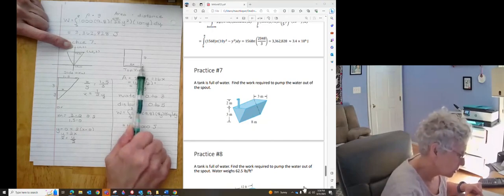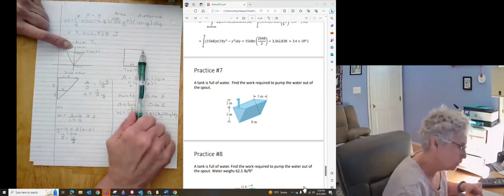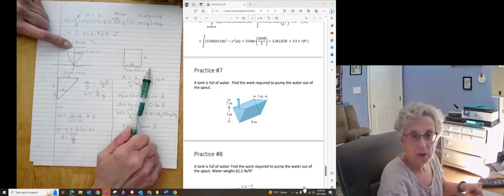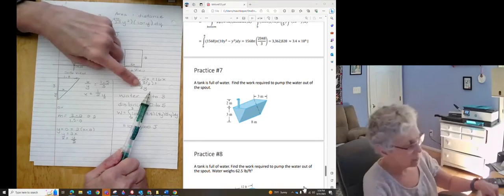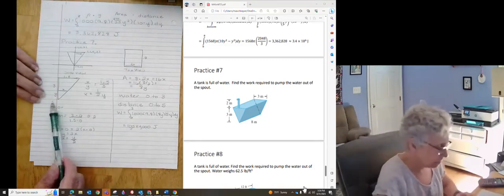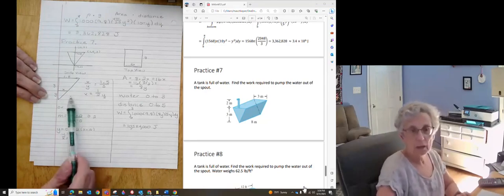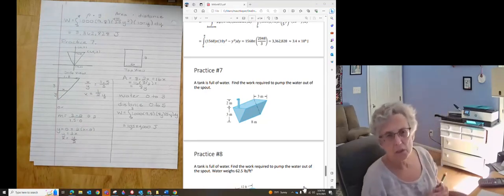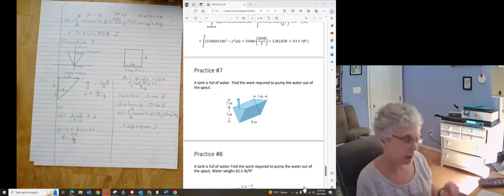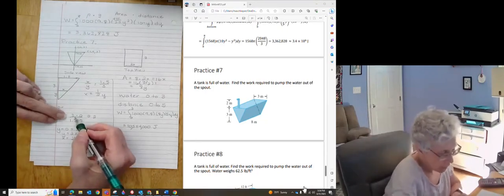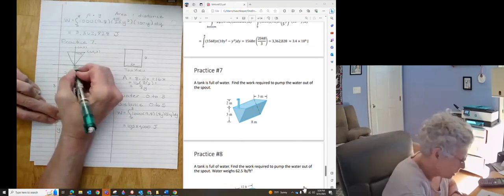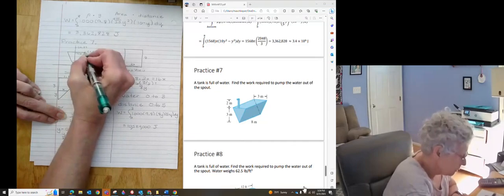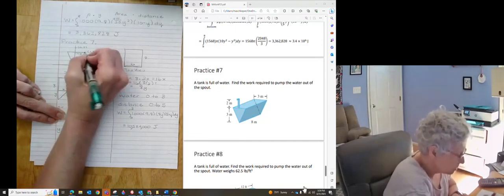It's 2x wide and 8 units deep. So 2x times 8 would be the area of a slice. I needed to write that with y's in it. So I did the similar triangle method here. Some students don't like the similar triangle method. So I did the equation of a line method also. So I took the slope from this point to this